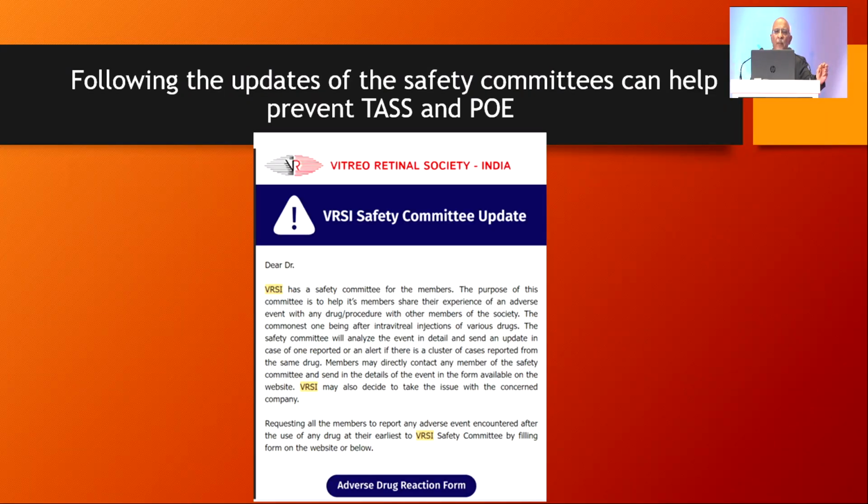So there are some updates on the safety committees, which can help prevent TASS and POE. Basically, it's a platform. The committee is either the VRSI or the IIRSI, the Indian Intraocular Lens Implants Society. Each of which we have to report in case of any inflammation caused by a particular batch of drug or